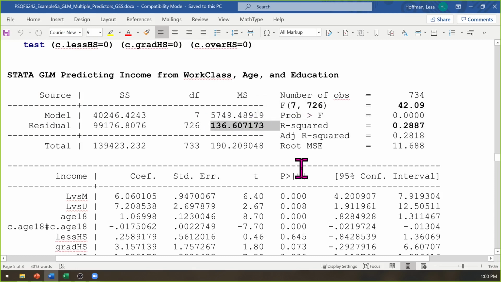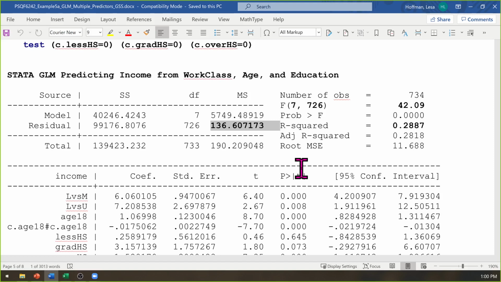What's this thing right here? 136 tells me what? Residual. Or E sub I. One more word after it. Variance. Yeah. It's a team effort. I like this.